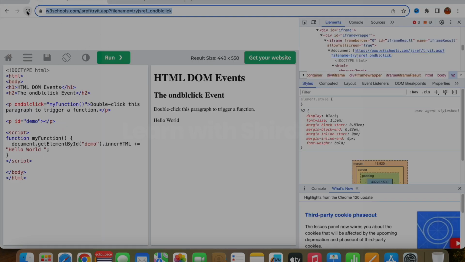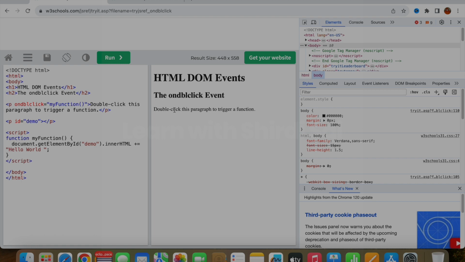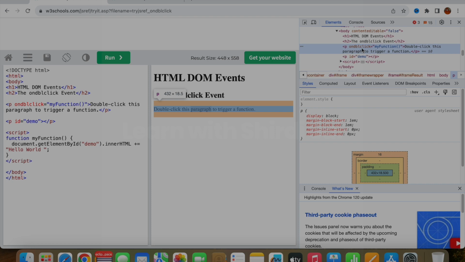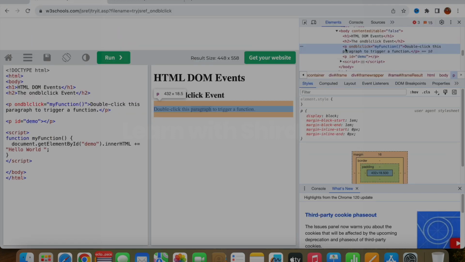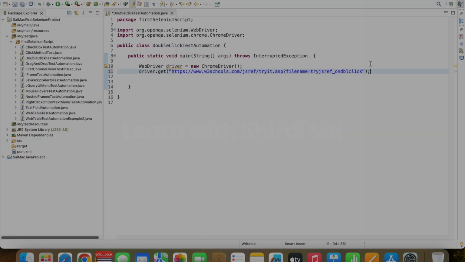After that, I will reload this page and we need to find the XPath for this highlighted paragraph. I will right click on this paragraph and see how the attributes are. This is the paragraph we need to double click. Here we have an attribute like ondblclick equal to myFunction. I will copy that, and this is a paragraph. Here we have the tag p, so we can